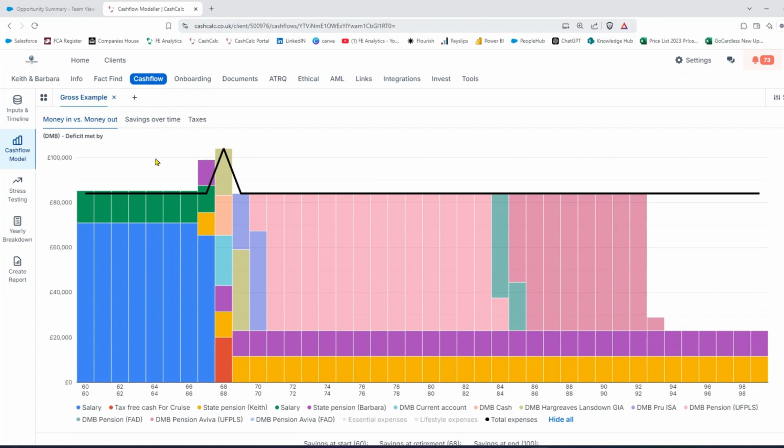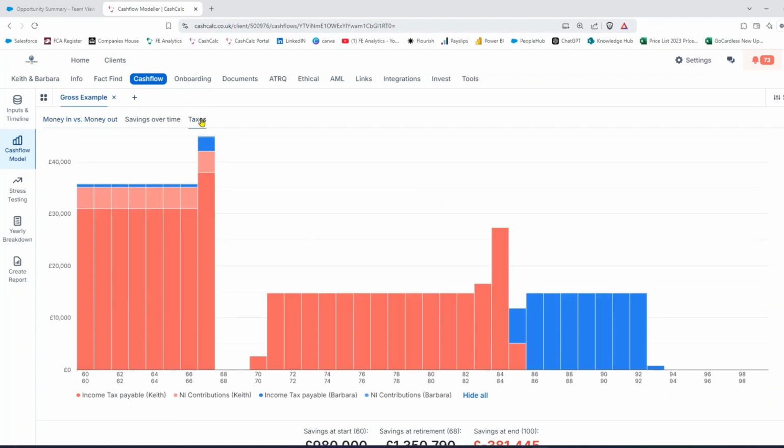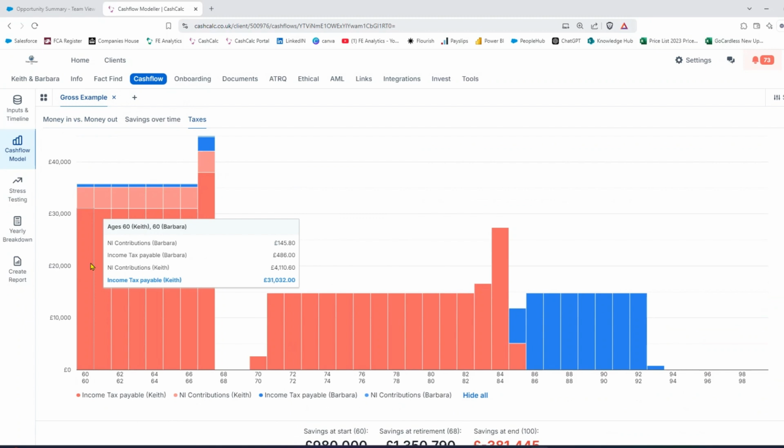The biggest difference, though, we've made to this particular page is the taxes. Because we're working out the taxes in the background, we can now plot that on a nice little chart. So I've got year-on-year breakdown, him and her. Again, I can deselect them at the very bottom, but him and her, how much tax is being paid by our couple each year. And if you simply hover over each bar, it will tell you in bold, in blue at the very bottom there, what that bar equates to, and then all the other taxes that are being paid by that couple as well at the very top.